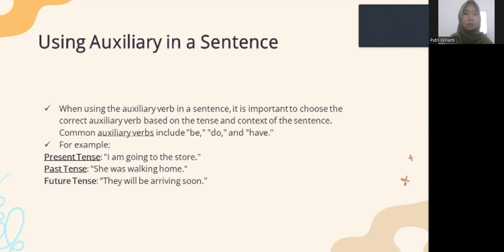This is the last material of subject auxiliary inversion. The subject auxiliary inversion rule is a sentence structure where the subject and auxiliary verb switch places in a sentence. The structure is used for questions, negations, and emphasis, as well as in conditional sentences, passive voice, and inverting phrases. Use this structure to improve your language skills and get ahead in your English.